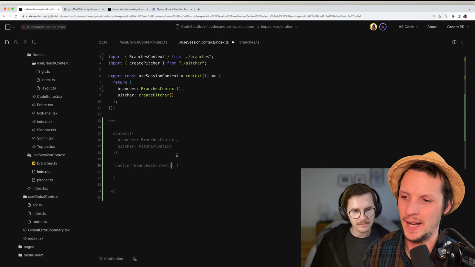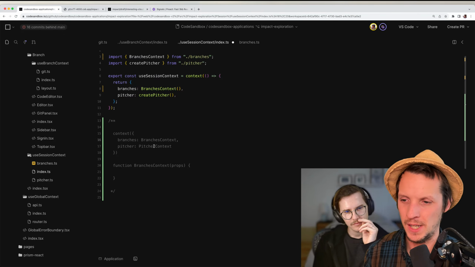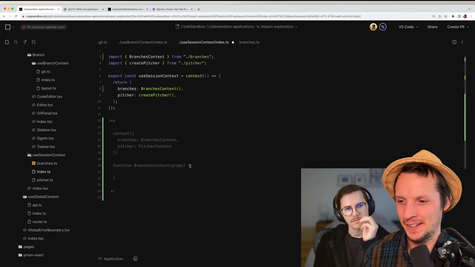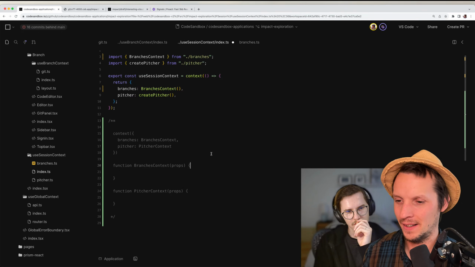But then you would have something like, okay, what would you do with props here, for example? Would you merge the props for each? Because there's one provider. So would you merge the props of each context? I can see what you mean. Yeah, you could do that, but it just adds a lot of questions.